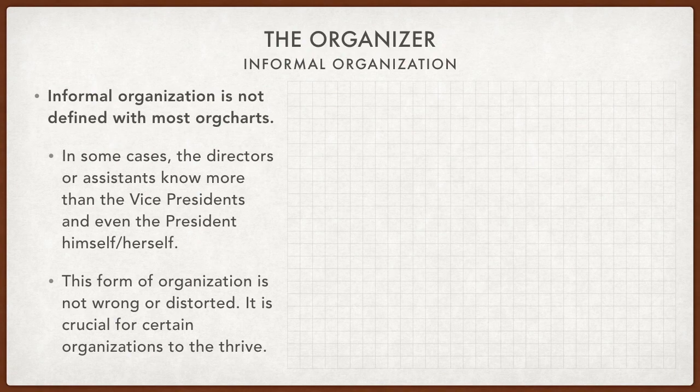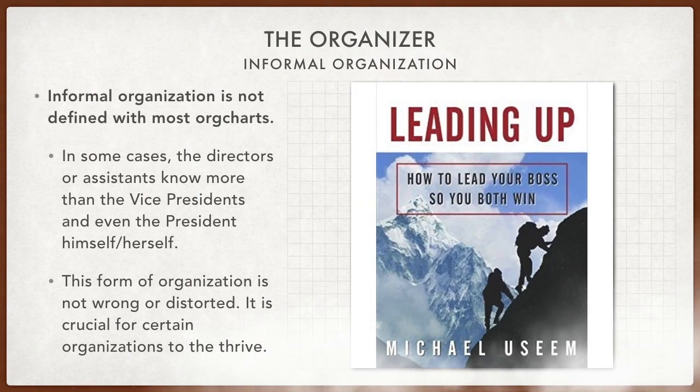So what we have to understand is that there is an informal aspect to this. Now, who is the top person? Well, it'd be the president. But if the assistant knows more, then the assistant can make decisions based on what he or she knows the president's going to do. And what the assistant can do is just inform the president on things that happened or what took place, or can deal with the minutia that sometimes goes on in organizations. Really neat when you think about informal organization.